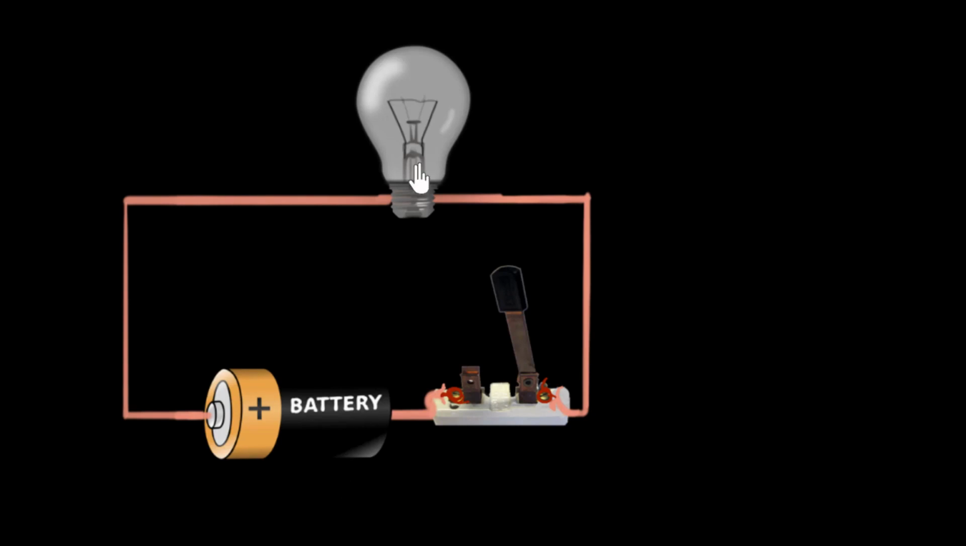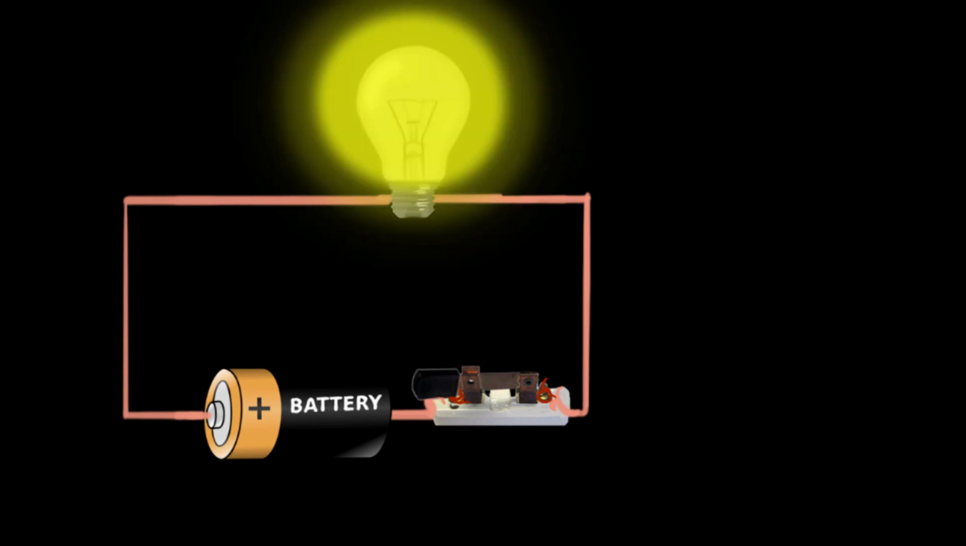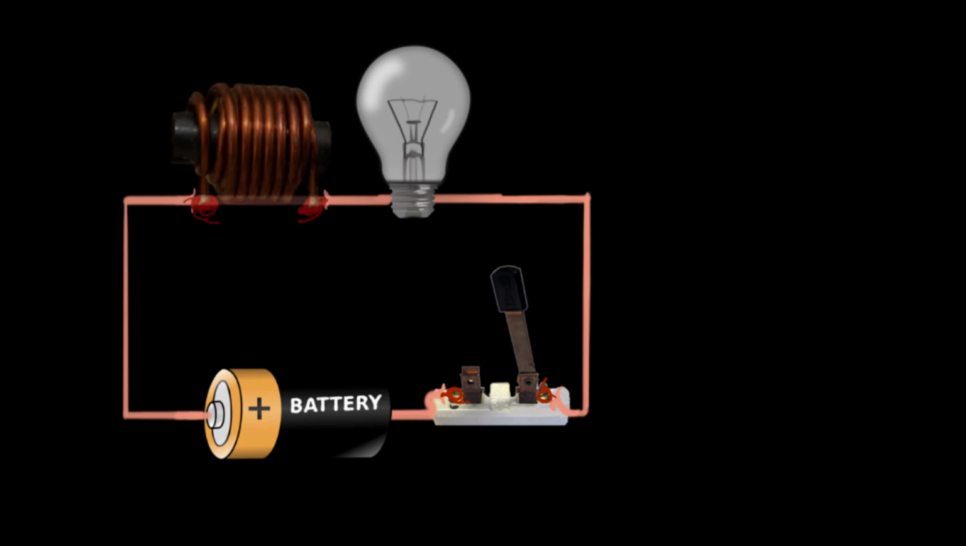I have a battery connected to a bulb via a switch. I close the switch, the bulb glows. Open, bulb doesn't glow. Close, bulb glows. No surprise over there. But now let's attach a coil wrapped around some metal in series with the bulb and